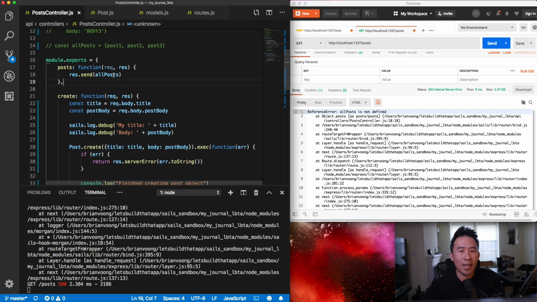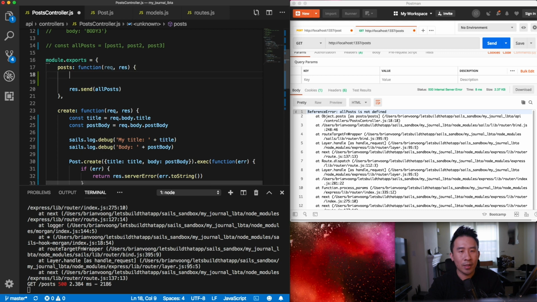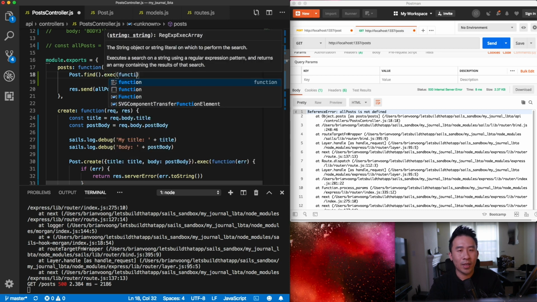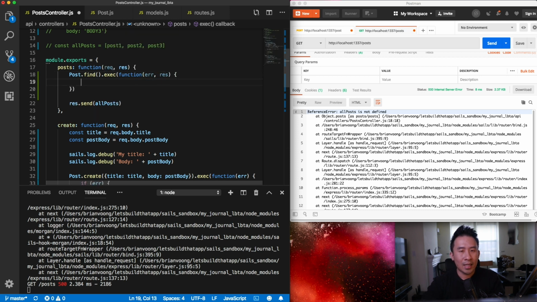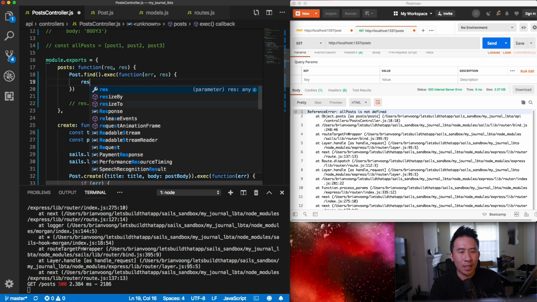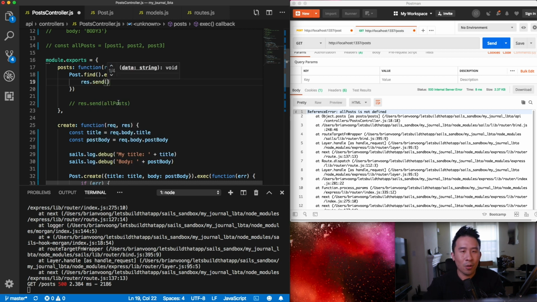It says that all posts is not defined because of this error, line 18. So instead of using all posts, I'm going to say post and fetch all of my objects by using find, like this. So just plain old find, and let's execute this little find process with the function. I believe it's the error and also the result. And so that's my callback function. What I'll do is comment that out. If this is actually fetched properly, I'm going to say res.send, and instead of sending all posts,